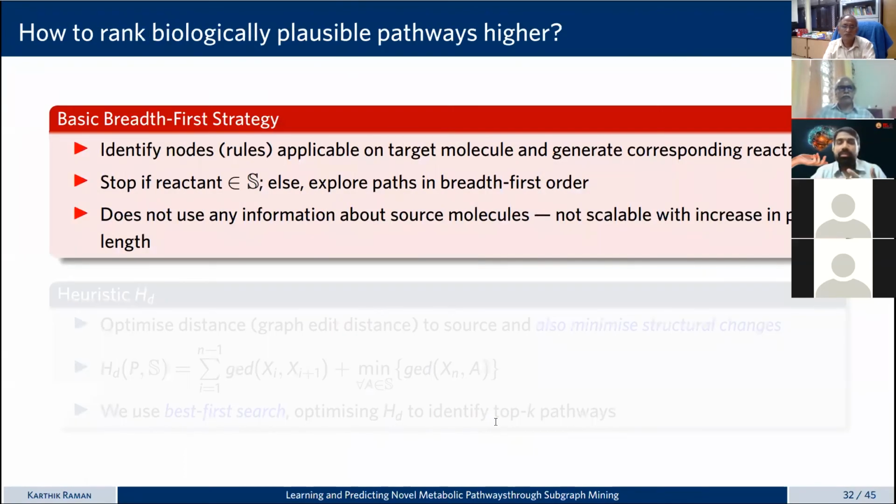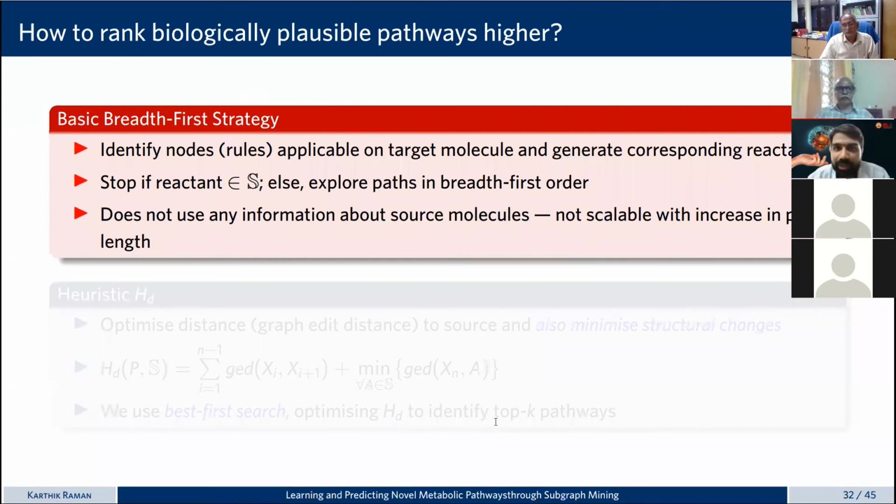So how do you do this pathfinding, right? Google Maps, for example, does a very simple pathfinding. It uses something called Dijkstra's algorithm. If it were an unweighted graph, you can even use a basic breadth first strategy. I'll not go into the details, but we found that doing a simple breadth first strategy gives you longish pathways, and many of them don't rank alongside